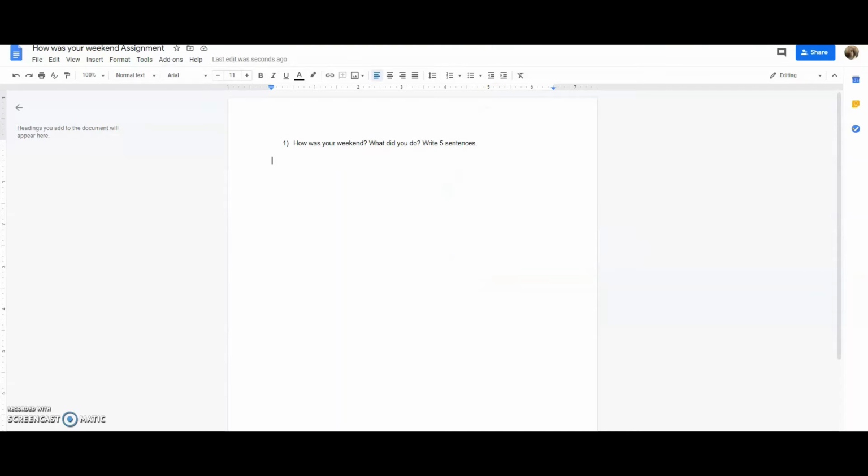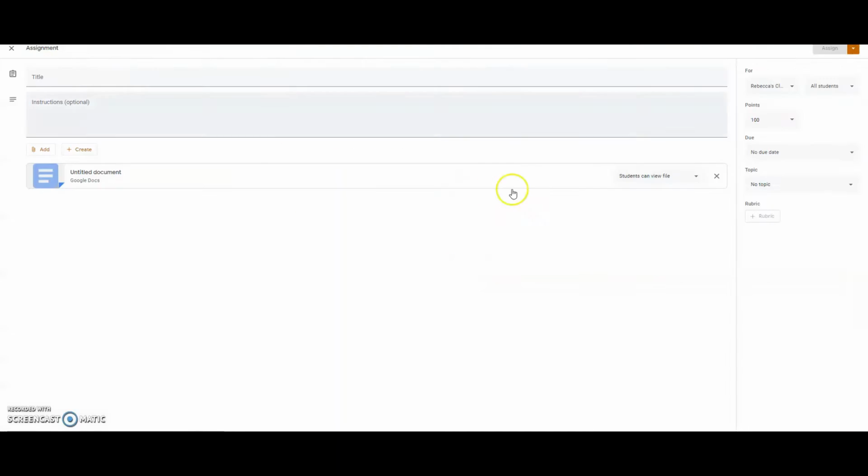So now that you've finished that, you can actually just close it. And it's already there. I know it says Untitled Document right now, but that's just because it just hasn't loaded that in this part. It will save more properly. So anyways, I'm gonna add a title just because it doesn't let me move on unless I do. So you would have your instructions, and then